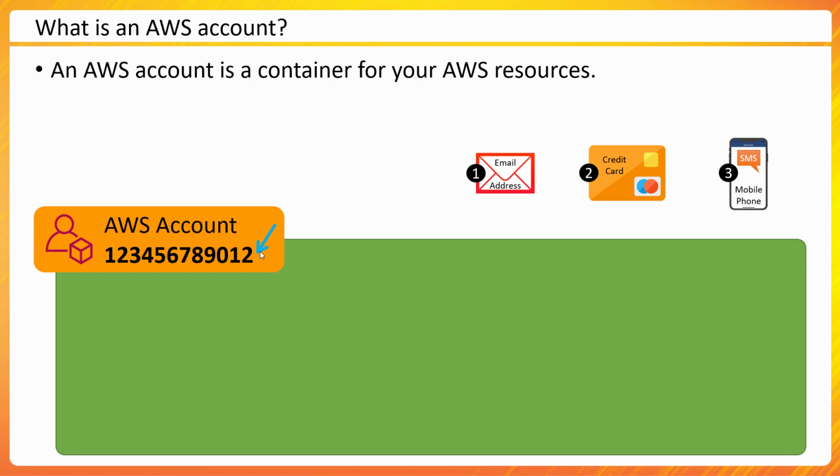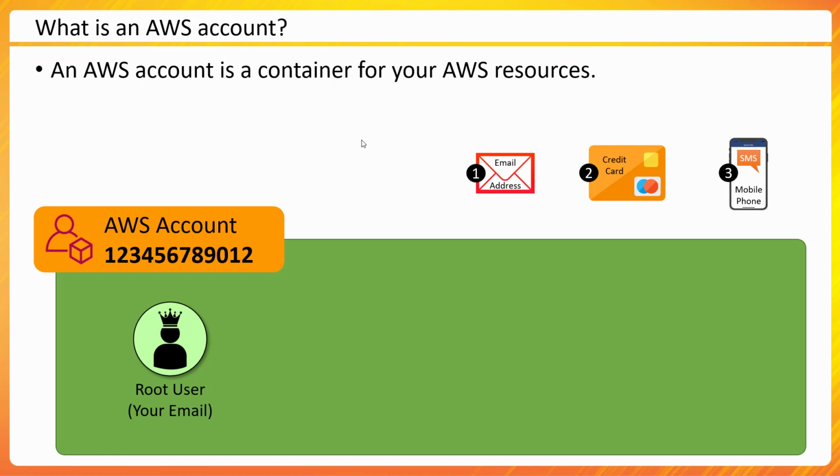The email address you have used for creating this account becomes the root user for this AWS account. I'm using here a symbol of a person wearing a crown. That is your root user. As a king has no limit in his or her own kingdom, the same thing applies in an AWS account too. This root user has unprecedented access to everything within that account. There is no way you could limit this user.